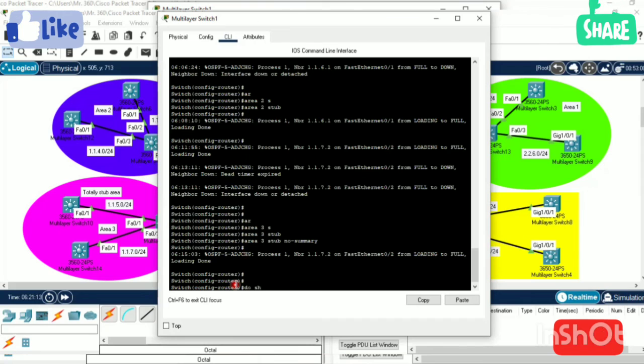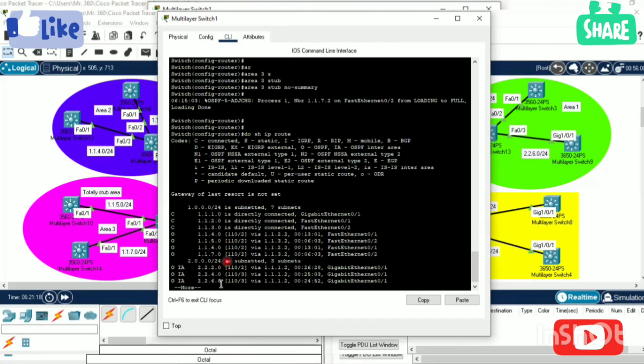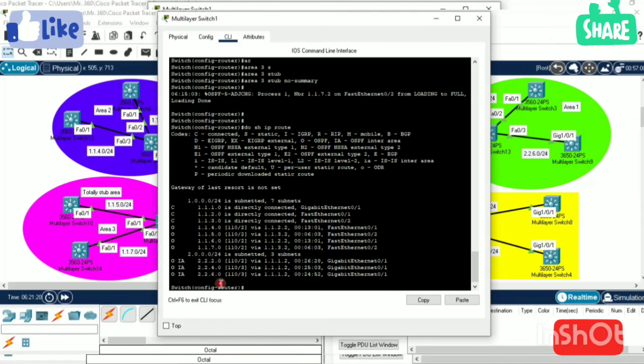Do show ip route. Now we can see it is receiving updates from all the areas, stub area, totally stub area, and standard area, and also external routes. So the backbone area is receiving updates from all the areas, and it is distributing updates to all the areas.